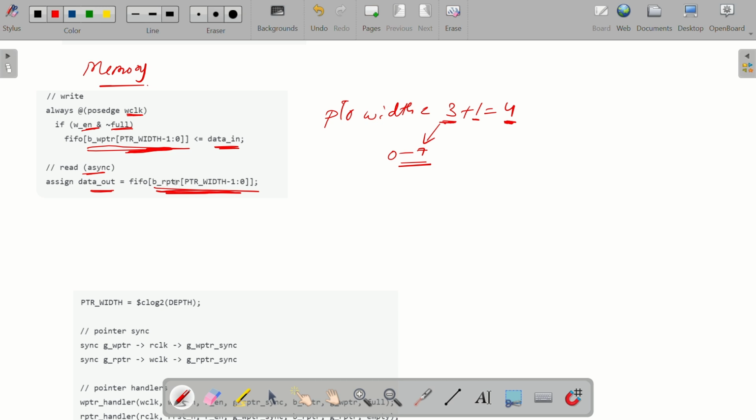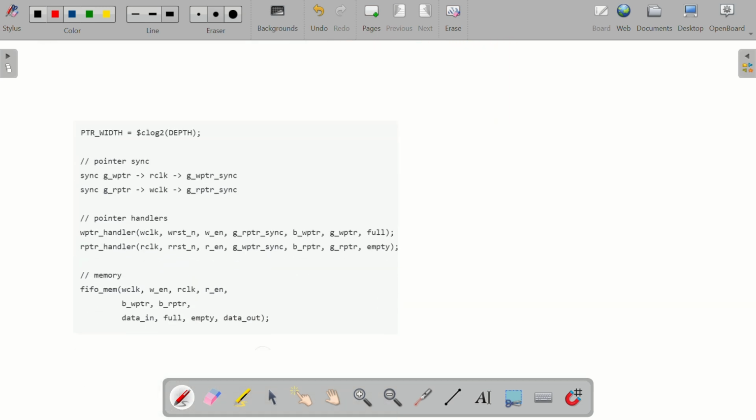In the previous read pointer handler, we have seen that the read pointer will increment only on the basis of certain conditions, which we have ensured in that block. So we don't have to repeat those same conditions here. So simply an asynchronous read, a compact way of doing the read and write, can be done. But the write is synchronous since it happens only with respect to a clock. That means the state of the system is changing with respect to a clock. Next, this is the